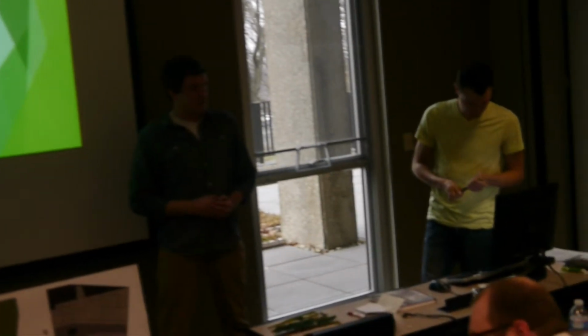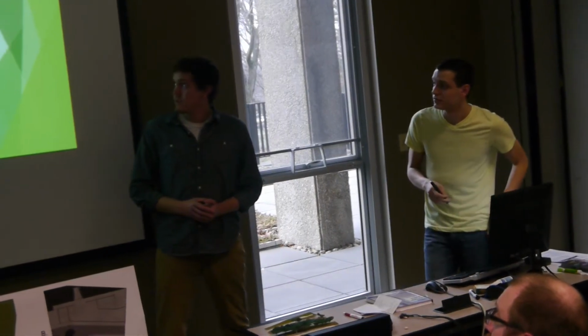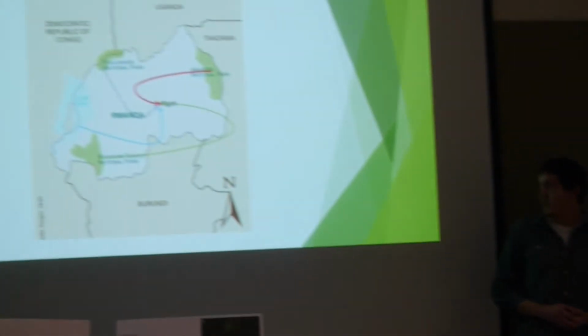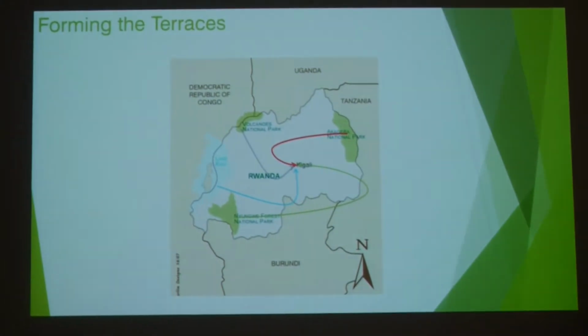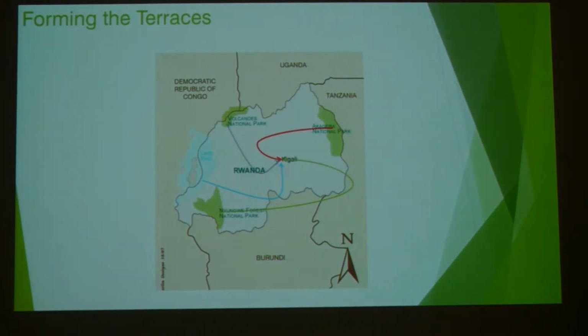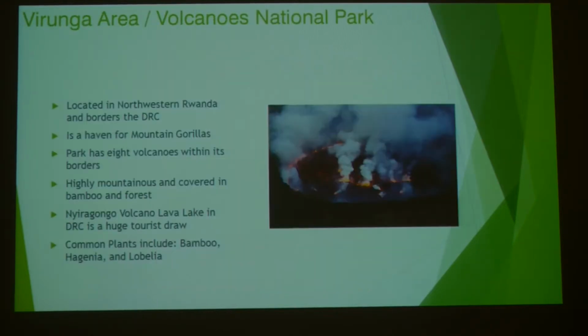So what we decided to do was we looked at a map of Rwanda that had the 4 major national parks, which was Akagera, Virunga, the Volcanoes National Park, Lake Kivu, and then Nyungwe Forest National Park. We decided to make that the focus of the ecology center with 4 terraces. Each one would try to be an experiential exhibit representation of each park. And that leads us to our first one, which is...